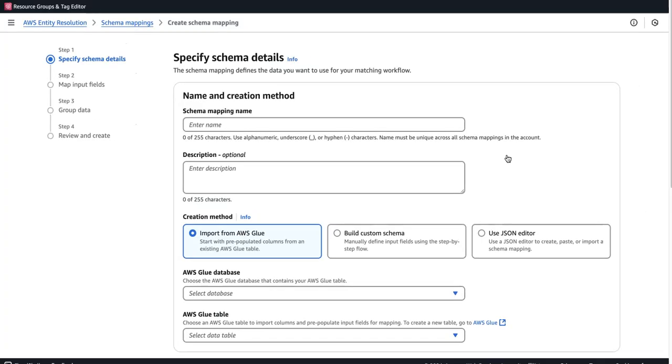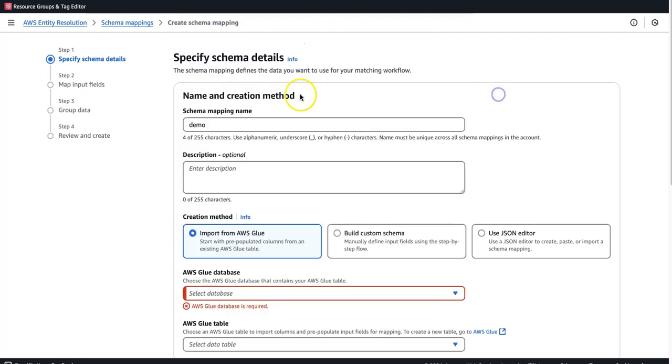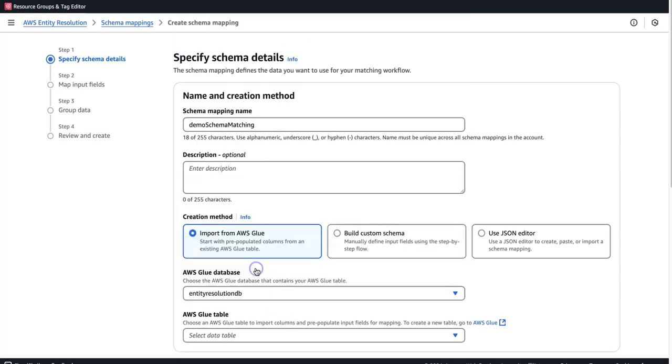So let me create a mapping. Sorry, I think I was creating the mapping in the very first place itself. So I will call it demo, entity demo schema matching. Okay, I realize I was doing something different. So entity resolution,